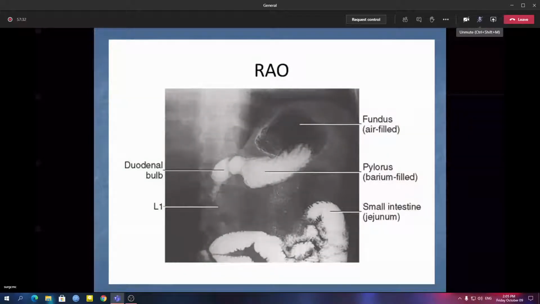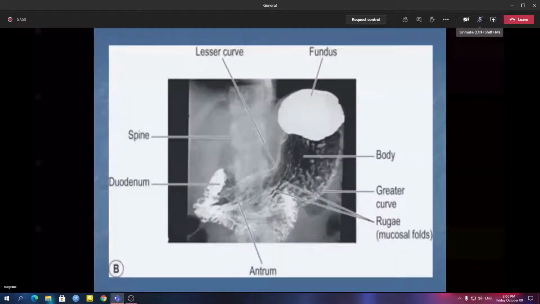Okay. Now we are getting into the stomach proper. Whenever you think of the normal X-rays first, fundus, as we know, on the left, dye is given into the fundus. Then the body and the pylorus, and dye ultimately goes into the small intestine and the jejunum. That is the normal X-ray we see in a barium meal study. Let's go through the different terminologies. Here you can see the fundus, the gastric rugae, the lesser curvature, greater curvature, duodenum.